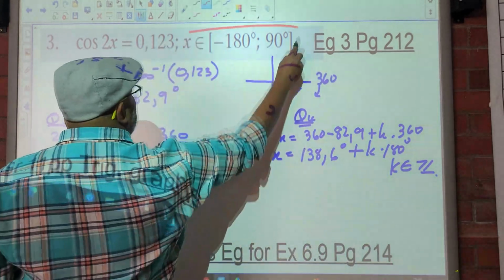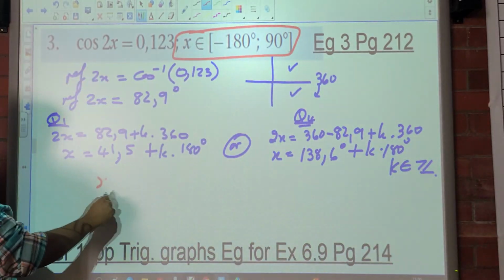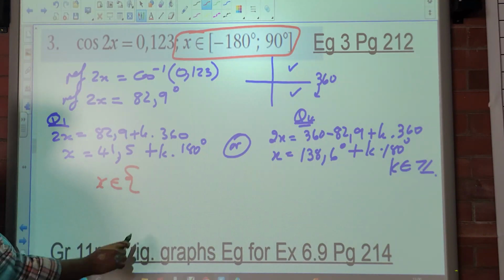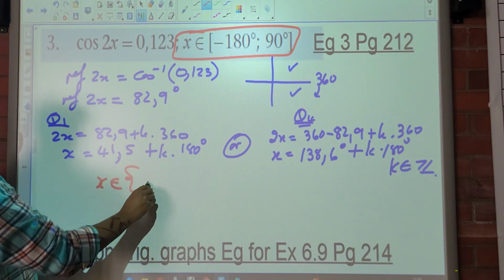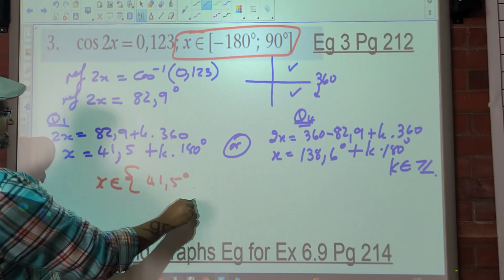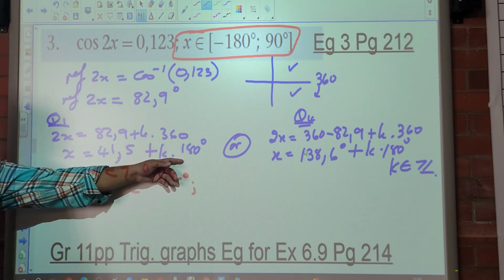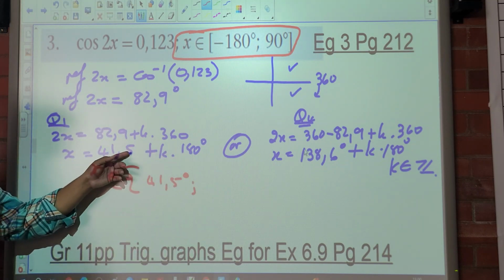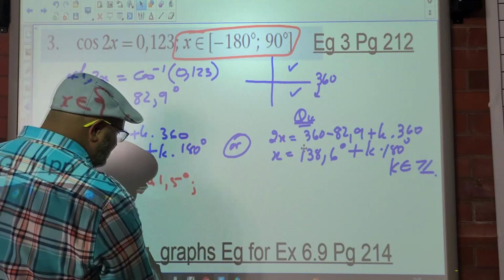However, it is a restricted domain here. So we say x is an element of, and we start listing. But put 0 in here. 41.5 degrees. If I'm going to put 1 in here, it's going to be over 200, outside. If I put minus 1 in,